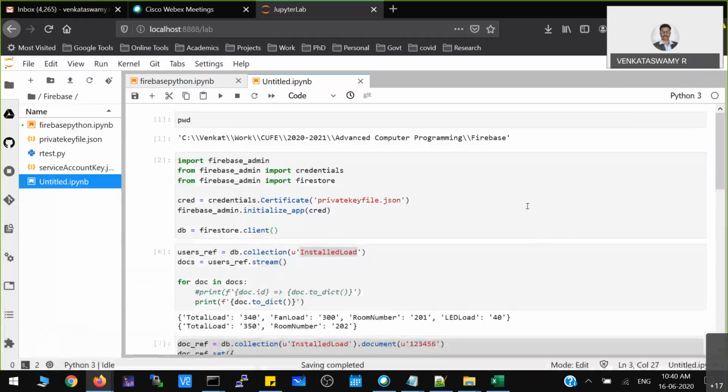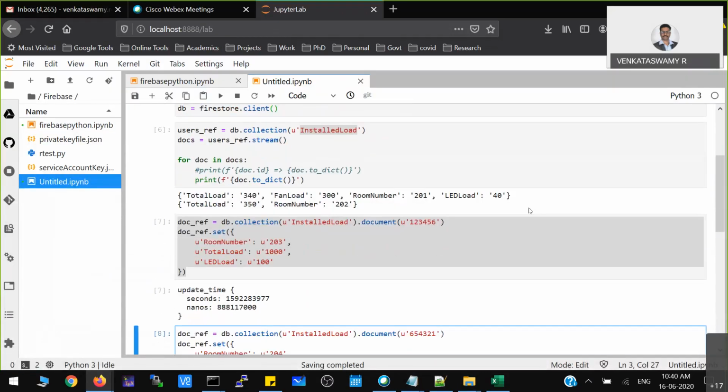So this is how you do the NoSQL database operation. I still have to work on update and delete also, but for now we will stop, and if required, then we will address that.